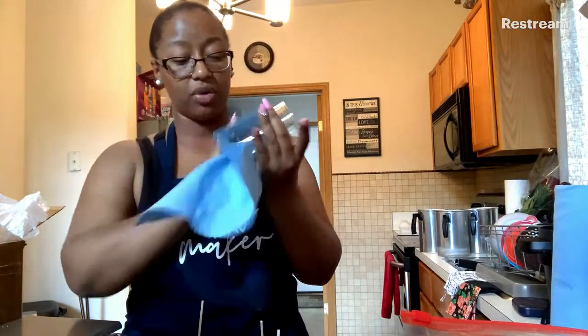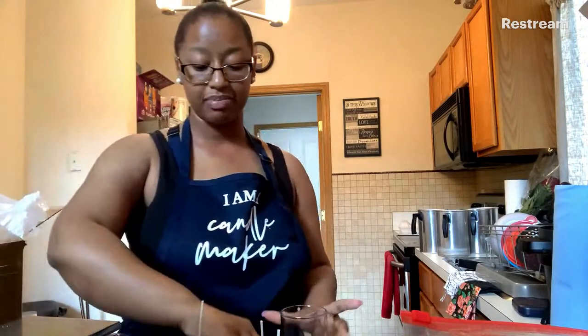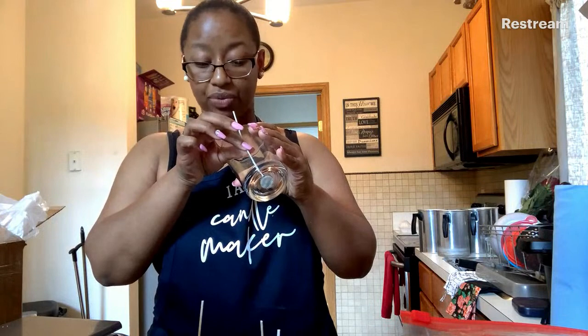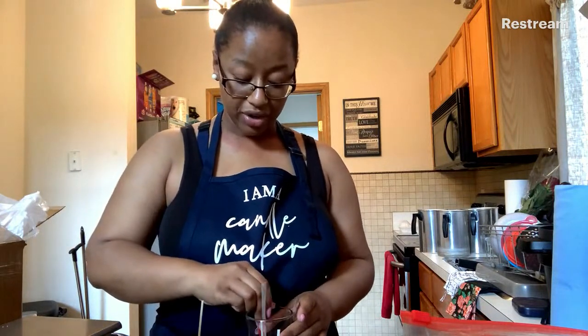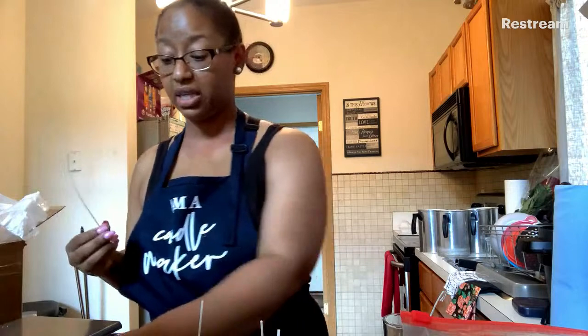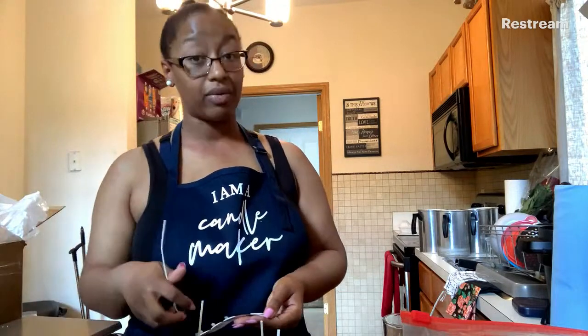And so one of the biggest differences that I've noticed with soy versus coconut is the hot throw. Because it's mixed with coconut oil or coconut wax, the hot throw is a lot stronger. So if you're wondering whether or not C3 or C6 hot throw is better than 464 in comparison, it is. Now, I will say you still have to kind of play around with